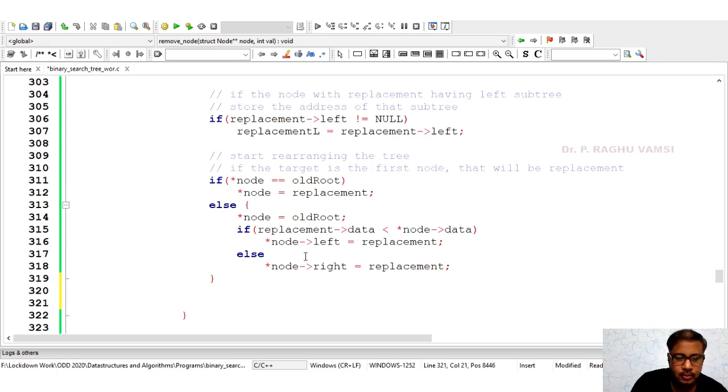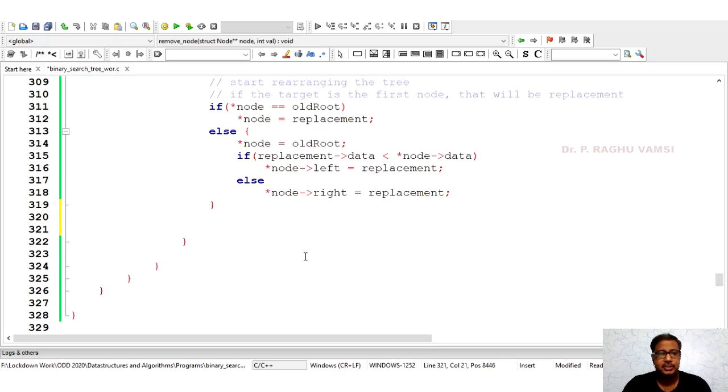Once this arrangement is made, we need to check that there are no loops in the arrangement, because sometimes if you attach the left to again left and right to again right, the loops will repeat. So whenever we go for any traversal, the traversal functions may fall into an infinite loop. That is the reason we have to check whether there is any loop or not, and make sure there are no loops.